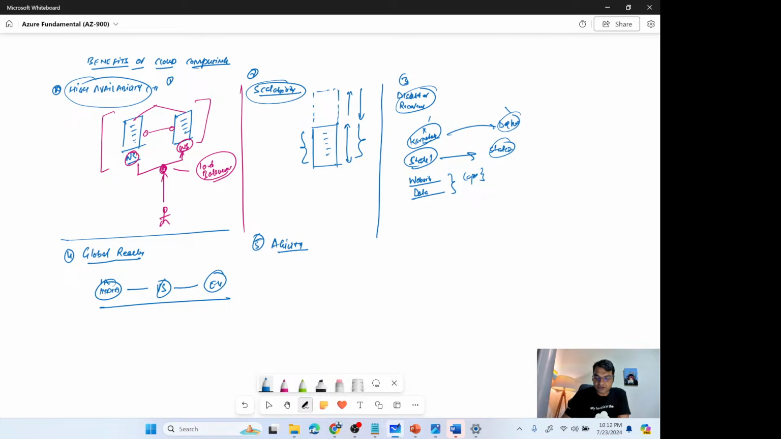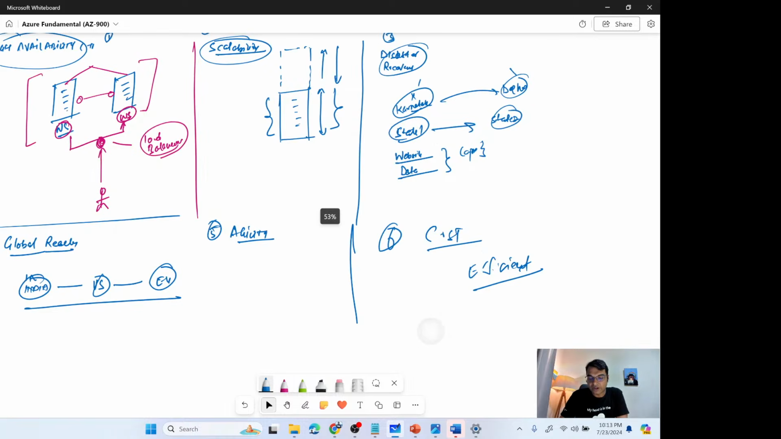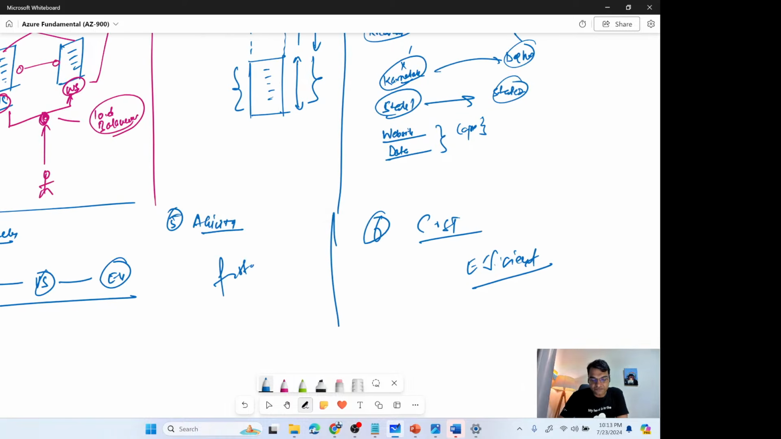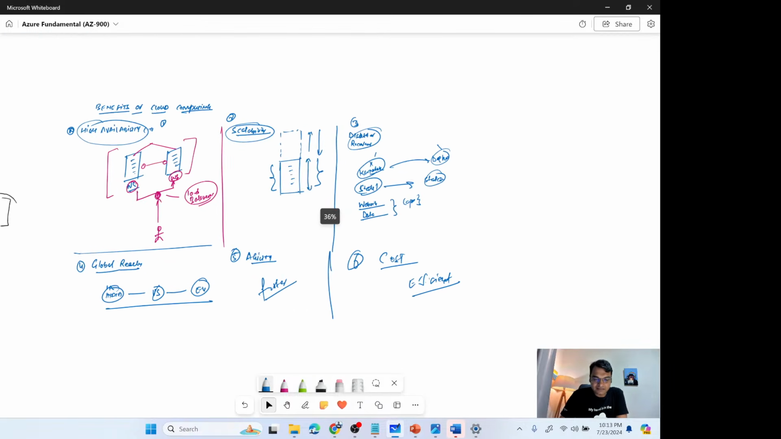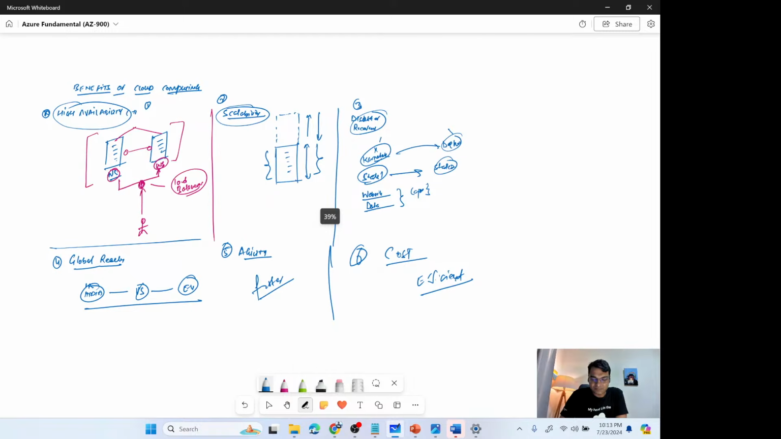So from the cost perspective, it becomes a lot more efficient. It becomes faster when it comes to agility, and when it comes to cost, it becomes a lot more efficient for her to run that business, right? So these are some of the benefits of the cloud, and she understood all of that, and with that, she